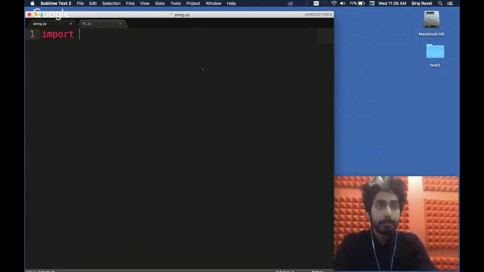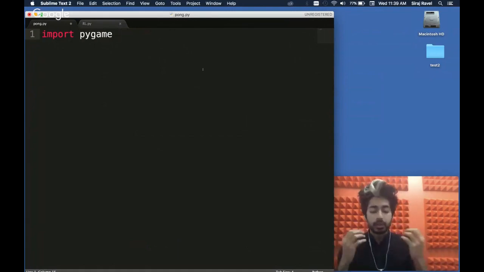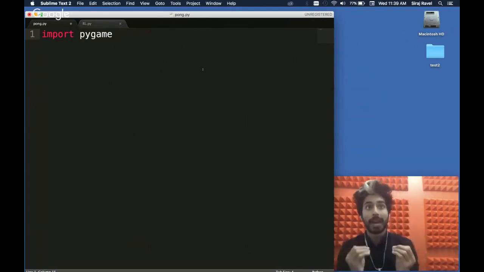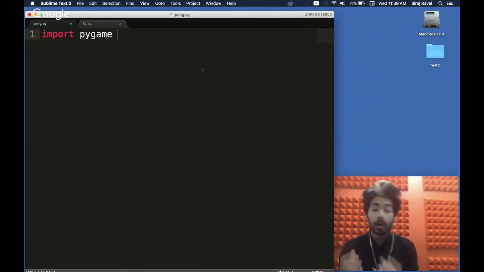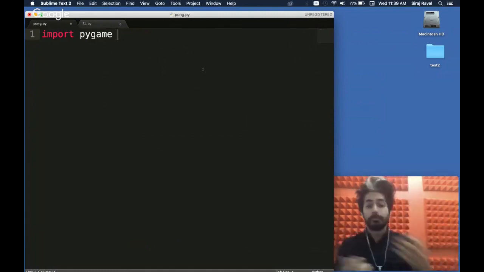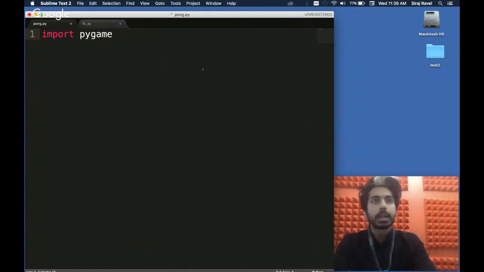Okay, here we go. So we're going to import pygame first. This is going to help us make graphical user interface games in Python. Pygame is a great library for making any kind of 2D game in Python, whether it's Pong, Snake, or a side scroller adventure game like even Super Mario. You could build it in Pygame. I love it. Check it out. Read the docs.